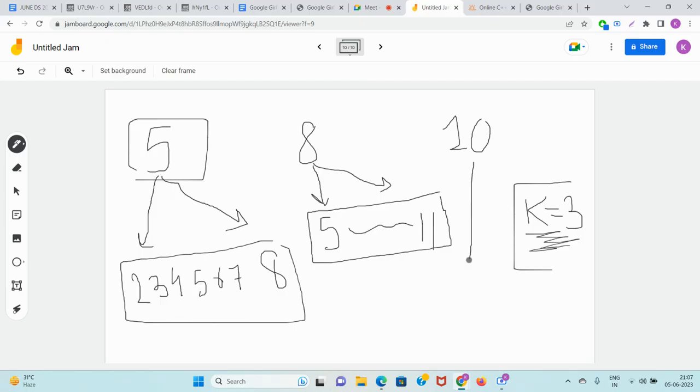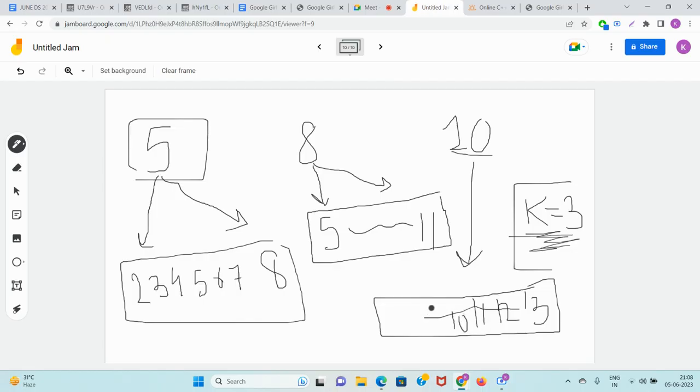Guys, can you tell me what will be all the numbers possible if 10 is there and you're using k equal to 3? The numbers possible will go up to 13, then 12, 11, 10, 9, 8 and 7. Okay, guys,